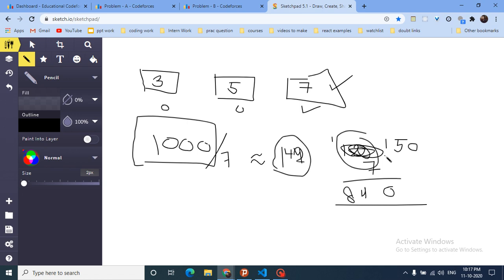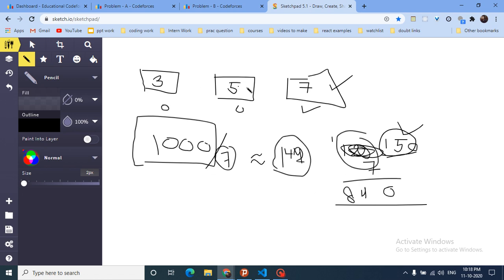Now it means that the range for 7, the number of flats, cannot exceed 150. Because if it is more than 150, then n cannot be in this range, because n is given up to 1000. For max, if all the flats are of only 7 type, then it can be up to 150.